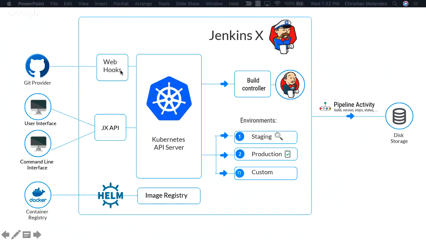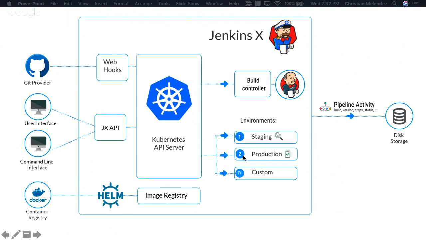So here is the Kubernetes cluster, and when you install Jenkins X and integrate it with, at least, GitHub, it will automatically create webhooks. So every time that you do something in Git, like creating a branch or merging a pull request, everything will be automatically triggered by Jenkins X. You will have here the build controller, which again, could be serverless, meaning that it will instantiate pods or containers only when you are triggering a pipeline.